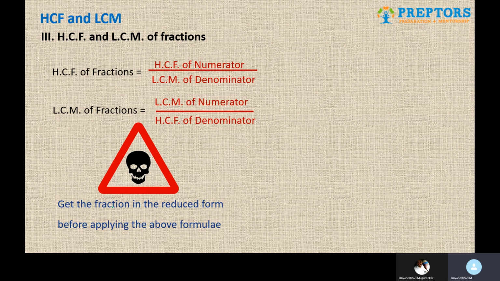So basically you will need to check, looking at the numbers, that whether these fractions can be further reduced or not. If it is, do that, then apply the formula. If you don't reduce, obviously you're taking the wrong numbers and you will get the wrong answer. That's a simple trick or the note that will save you from making the error. So these are all the ideas on a broader level that you need to know before you end up solving the questions based on HCF and LCM.